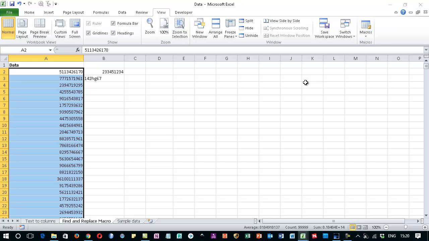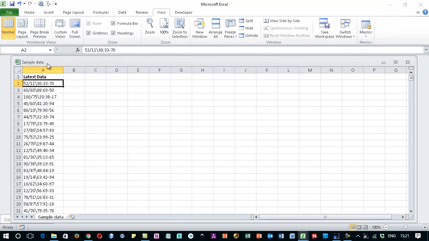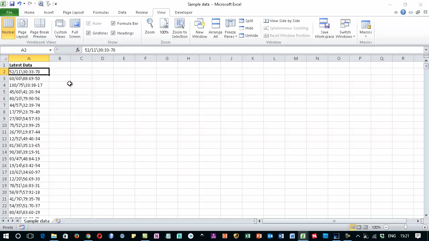Now from here, of course, this macro is going to be available for other workbooks as well, and I previously opened up another workbook called Sample Data. So if I minimize this particular workbook and go to Sample Data, and if I run this macro again, now